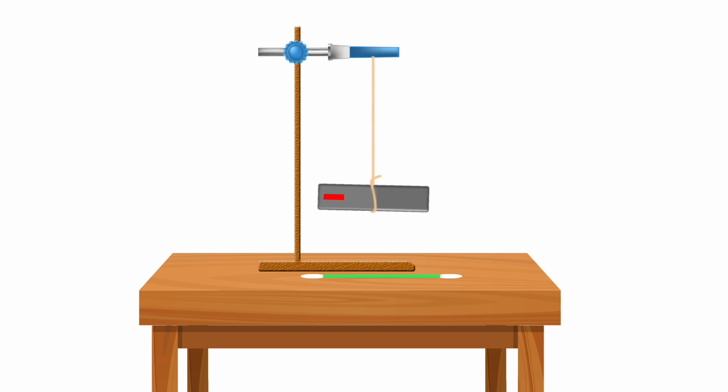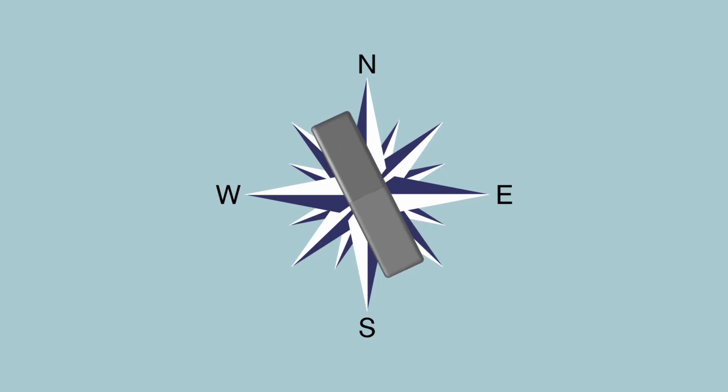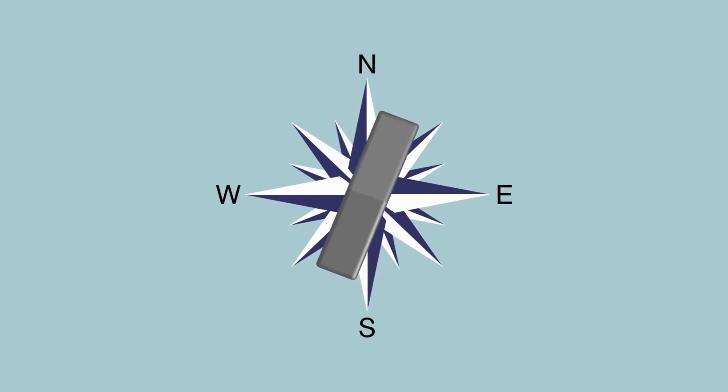Now, can you guess the mystery behind the statue of the emperor's chariot? Yes, you must be guessing the correct reason. The statue actually had a magnet inside it. We find that a freely suspended bar magnet always comes to rest in a particular direction, which is the north-south